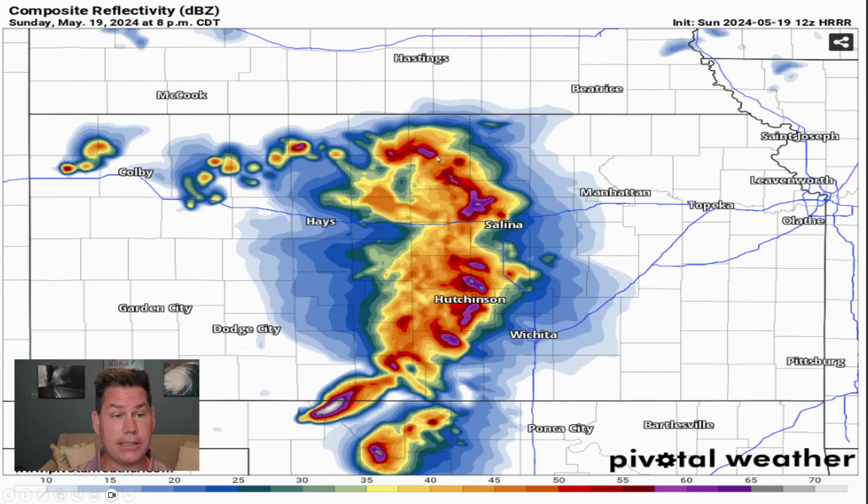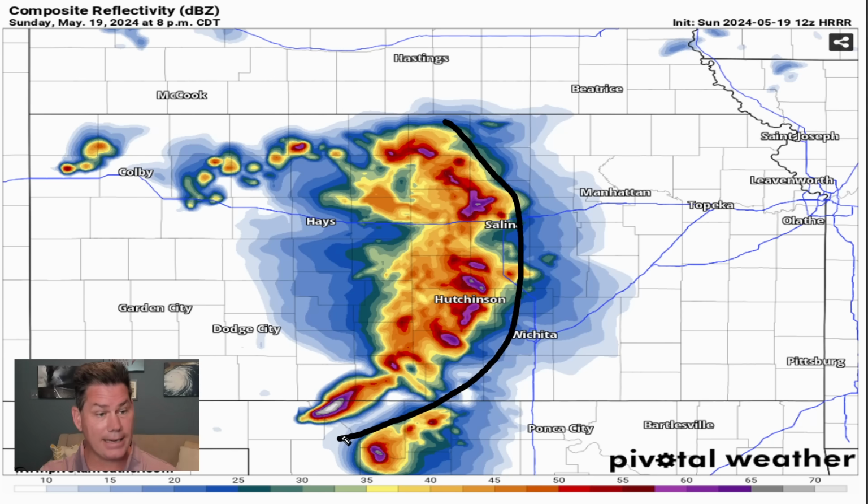You can see the latest guidance from the HRRR has all those deep reds and purples. Those are significant, very high winds and some larger hail producers. And you can see the bowing feature of this mesoscale guidance here. That's the concern. As it starts to bow out, it's going to pick up in speed, likely traveling 50, 60, maybe even upwards to 70 miles per hour at times, and produce some significant hail, but mainly those straight line winds as they start to bow out could lead to some isolated spin up tornadoes along the leading edge,